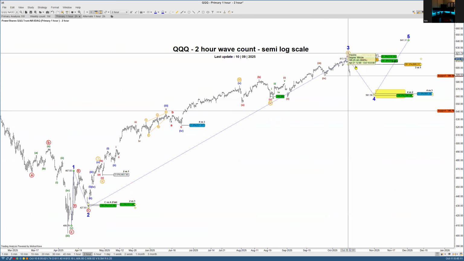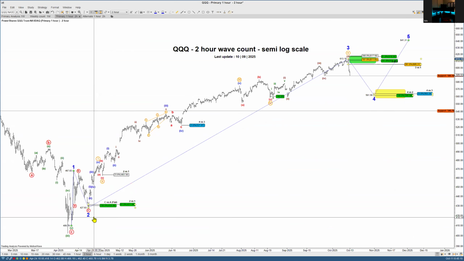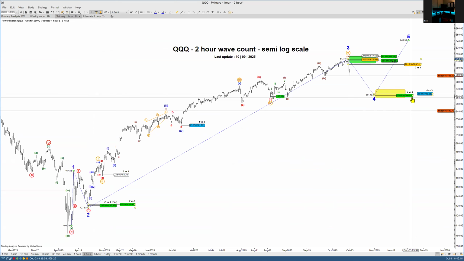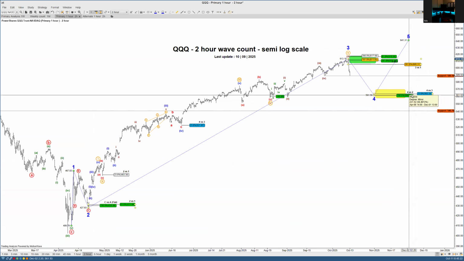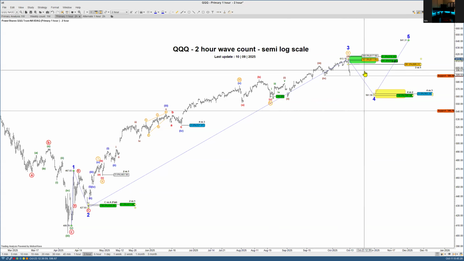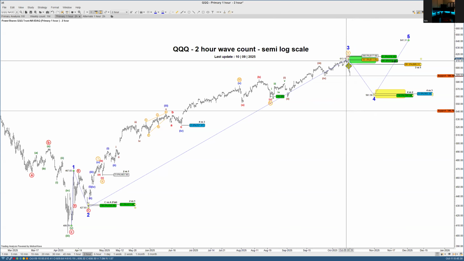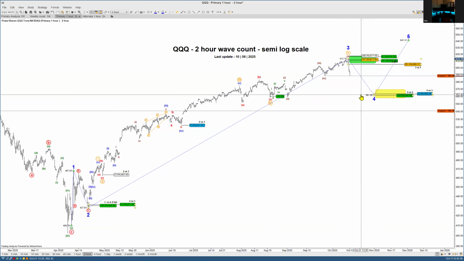So if we make the case here for the fourth wave, we do the same thing. 4 versus 2, 4 versus 3. So where do we have our first zone? Down in 560. Okay, so how does this go? I don't think it's going to come straight down in a straight line. If that happens,